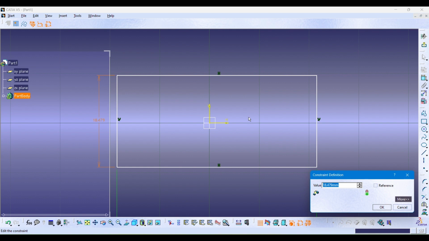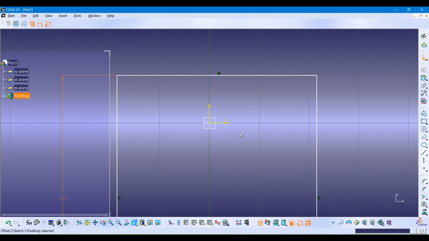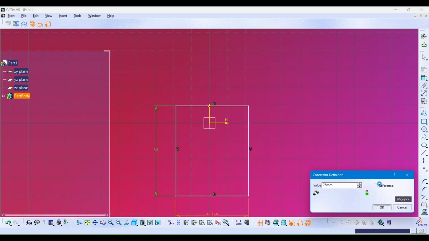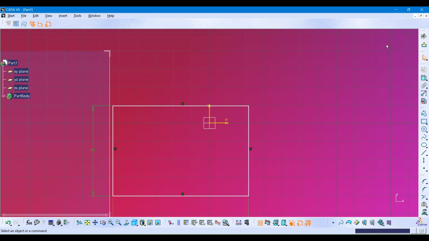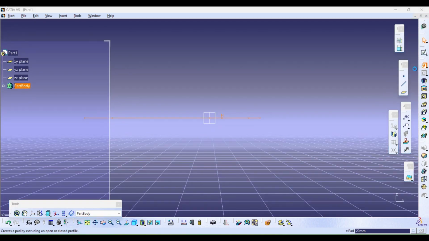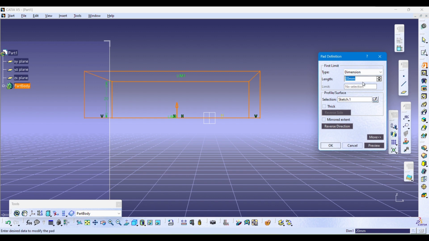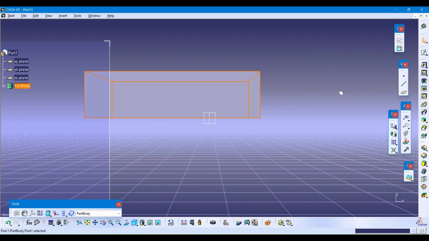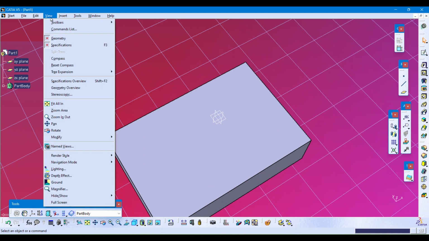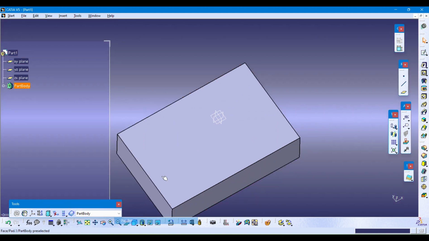The rectangle is 50 cross 75. and exit workbench. I'm going to give a pad thickness of 20 mm. I'm changing the view to parallel,